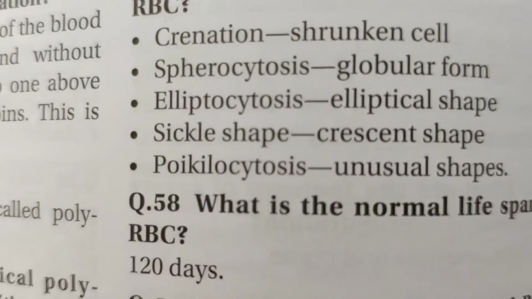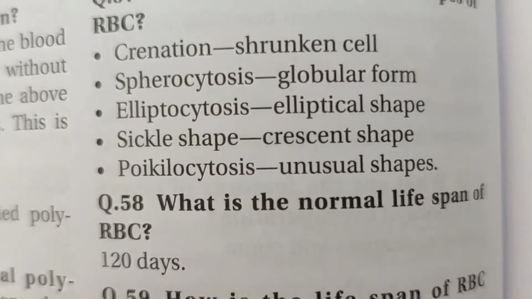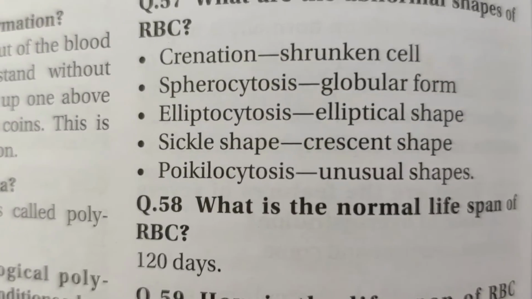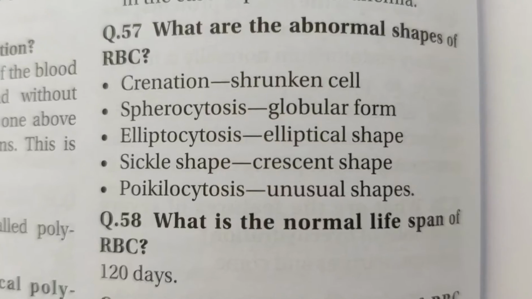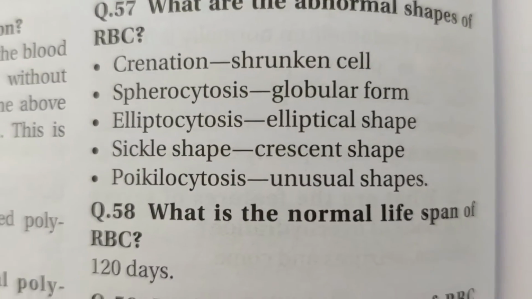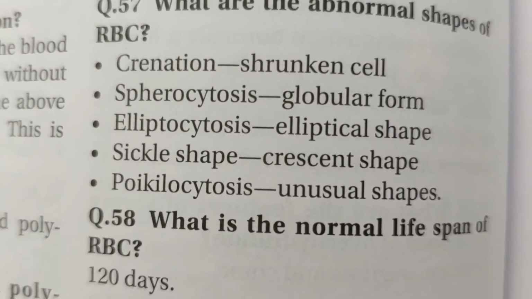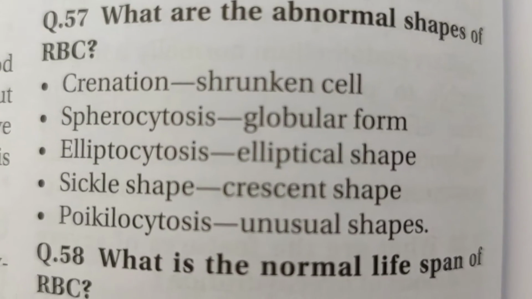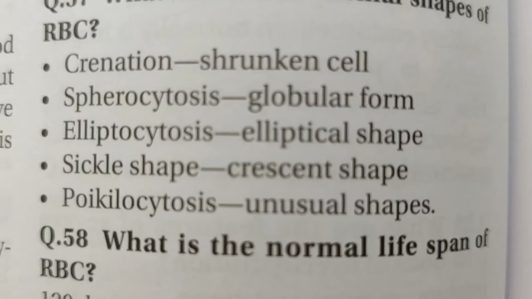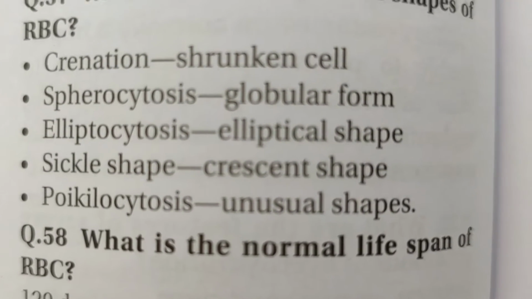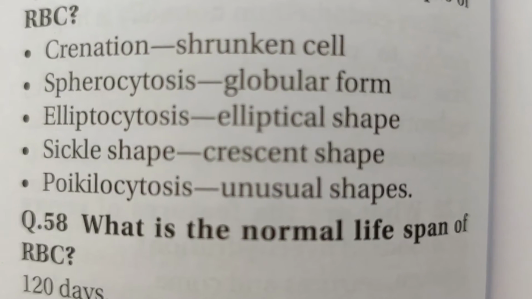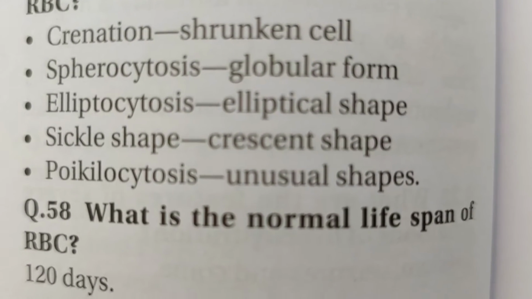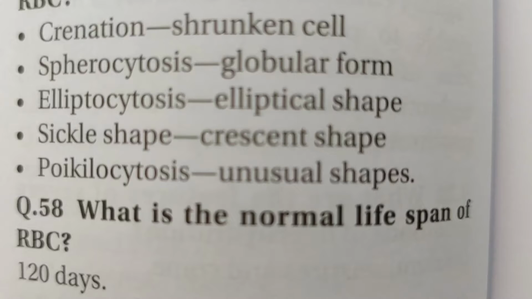The lifespan of RBCs, normal lifespan is 120 days. It is determined by the method of radioisotopes. What is the fate of RBC after its lifespan? After the lifespan of RBC, means after 120 days, the RBC is destroyed and heme and globin are released. From heme, the iron and bilirubin are released. The iron is stored as ferritin in our body itself, and the globin part is stored as protein.